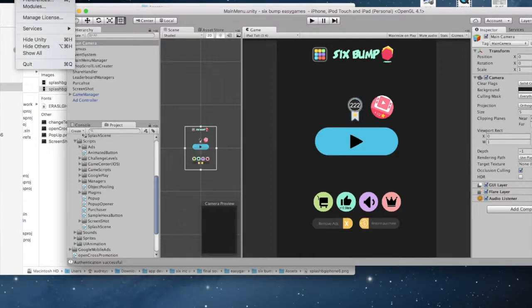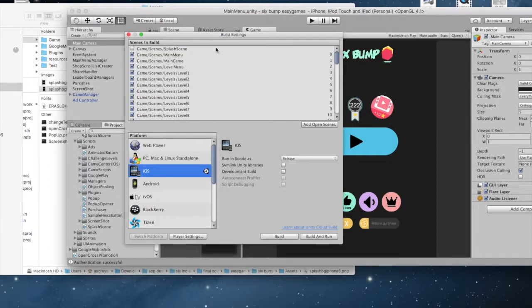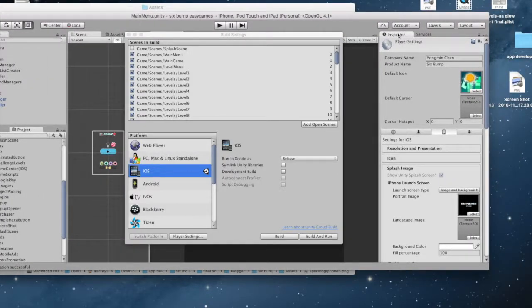Okay, here is what you do. You click the File drop down menu and then Build Settings. In Build Settings, click Player Settings, and then you can see there is the Inspector panel. You scroll down a little bit, click open splash image,